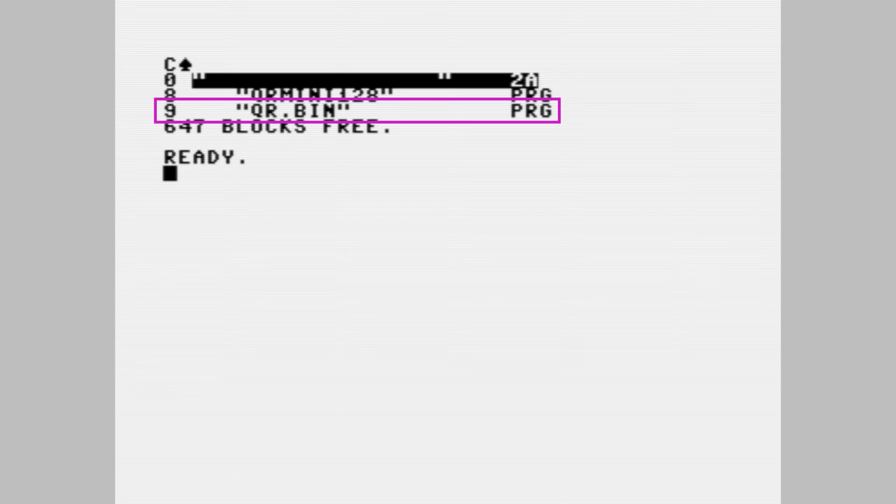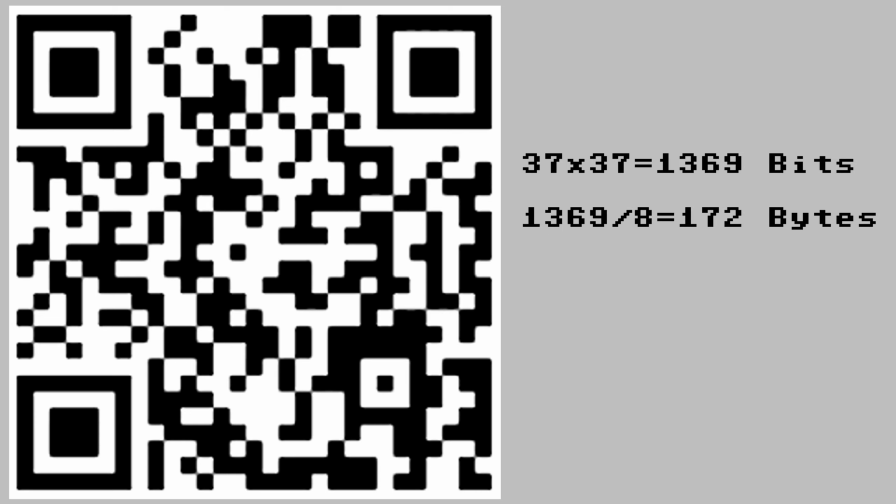Before we check that, if we just want to show static QR codes in our programs, do we still need the full encoder? No. So I tried to see how much memory it would take to store the full QR code matrix itself, where each module is really just stored as a bit, not a full byte. For a 37 by 37 code, this would be 1369 bits, which is roughly 172 bytes.